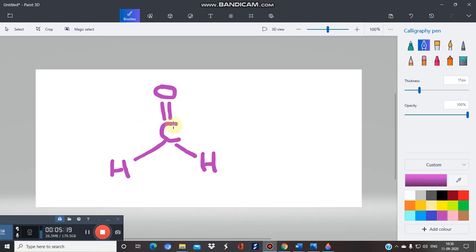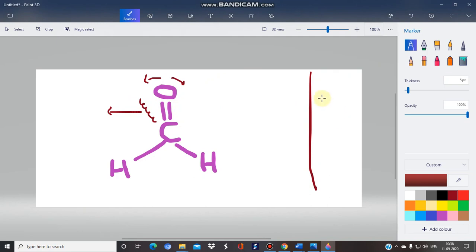So let's take an example of a compound, that is formaldehyde, HCHO. Just assume that stretching and wagging are continuously going on here. At this point there is stretching going on, and here the wagging type of vibration is going on. And these types of vibrations are very important because they give us an idea about the functional group they contain. And there are different kinds of this vibration, this movement, for different types of compounds, different types of functional groups. We have a complete database of different types of this stretching and vibration.